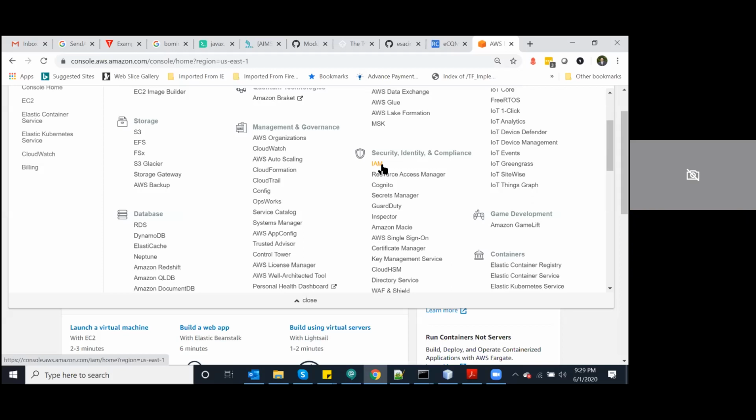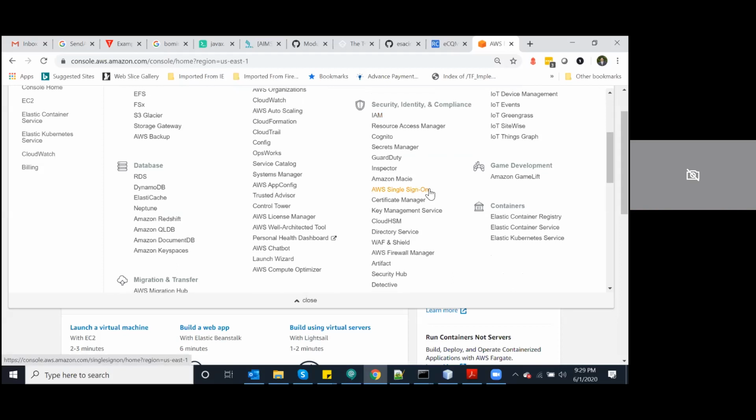You create users and you provide access to users by using access keys and security tokens provided by AWS, or you can also go with a legacy model of username and password, which is not recommended. And you can also use AWS single sign-on applications and key management services, certificate managers. You can create private public key infrastructure here and provide public keys to access applications and services.